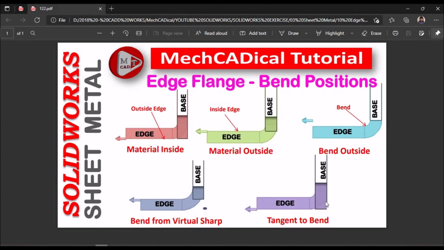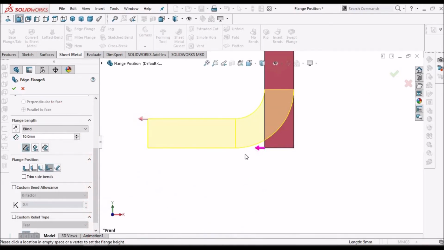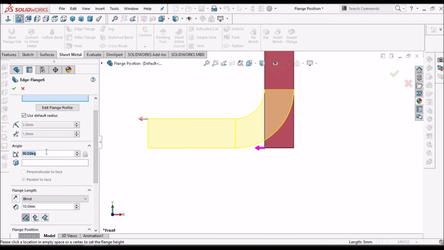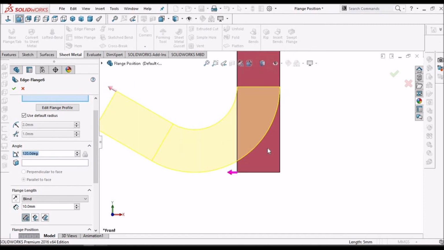So wherever the bend is there, the tangent point, it is going to calculate. So this is mostly applicable for more than 90 degrees. So from this tangent edge, it is going to calculate.